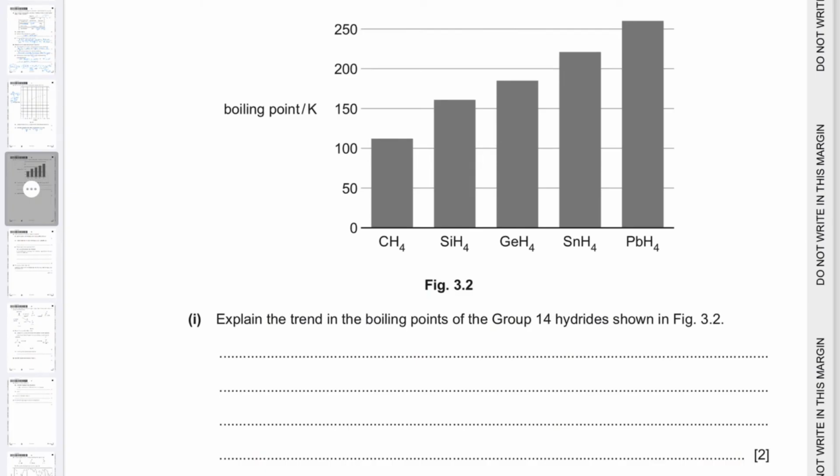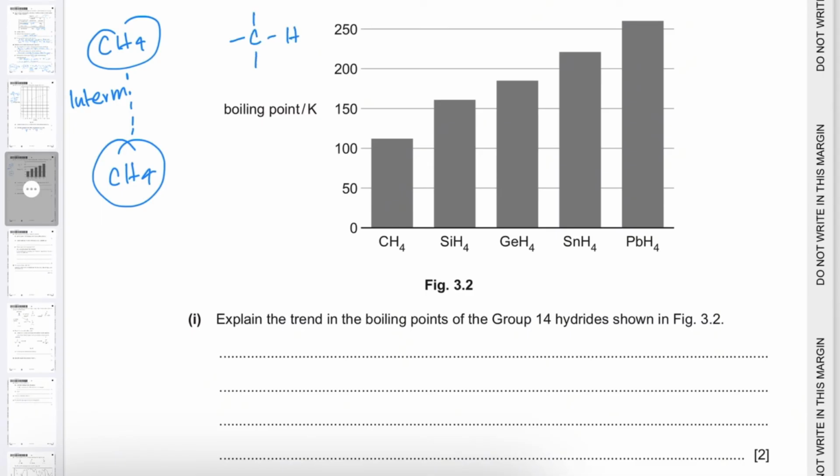The boiling point of a compound or a molecule depends on the strength of the attractive forces between the molecules. These are the intermolecular forces, and it does not depend on the strength of bonds within the molecule, which are intramolecular forces. So that means the boiling point depends on the force between two molecules, which are intermolecular forces, and not on the strength of the carbon hydrogen bond itself, which is the intramolecular force, right? That means